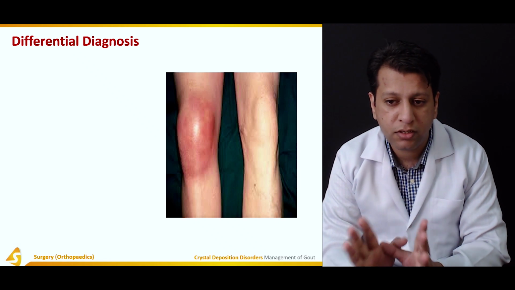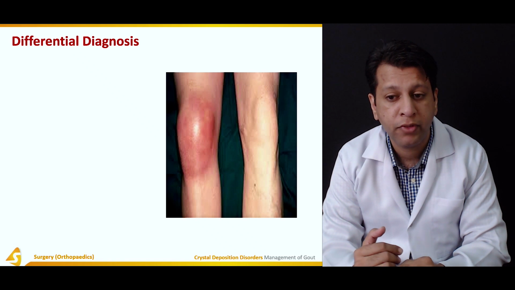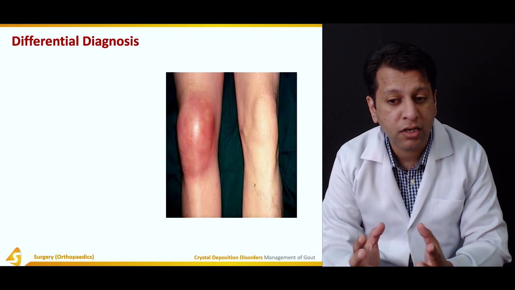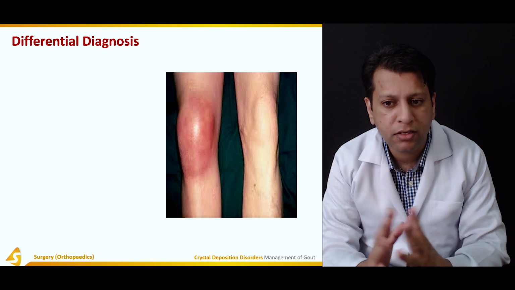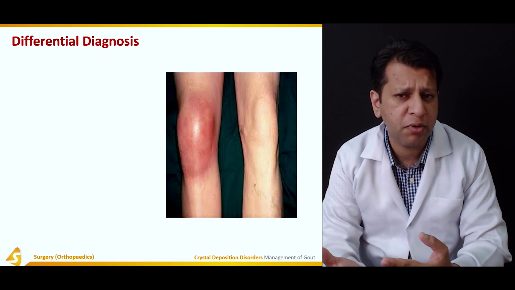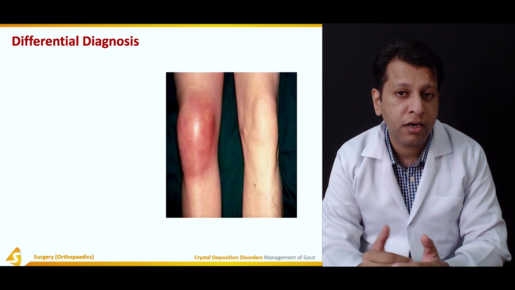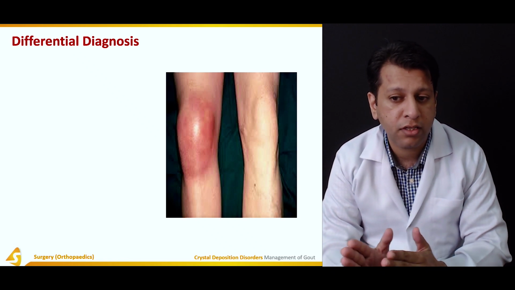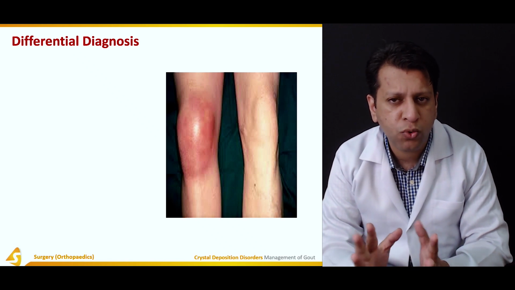Now if you see just this picture, you can definitely appreciate swelling over here. There is erythema or an orange-peel appearance which is quite apparent. Now you have to differentiate: is this a pus-filled, infective knee, or is this gouty arthritis? Just looking at it, you probably won't be able to judge, but careful history and detailed examination of this knee, the other knee and other joints of the body will probably tell you.